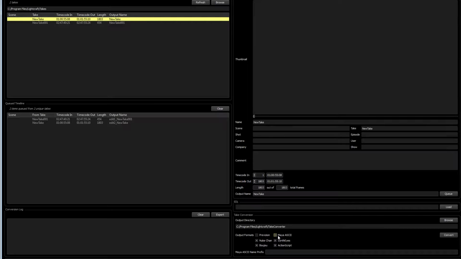You'll more than likely use the Maya ASCII format. You may use Synthesize if you have access. NukeChan does work. There is a specific set of instructions to get a NukeChan file into Nuke. There's also Bujou and ActionScript. You can also name this whatever you want for the Maya ASCII file. And as soon as you have all your settings chosen,